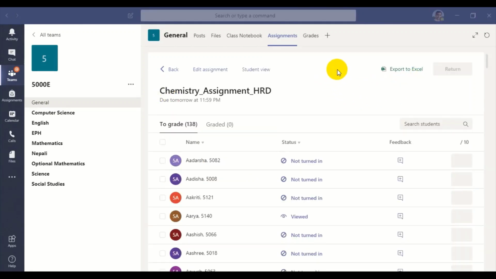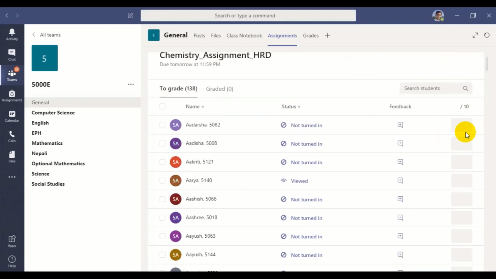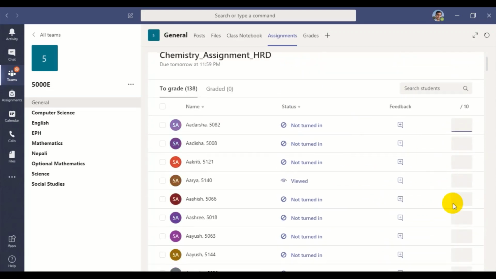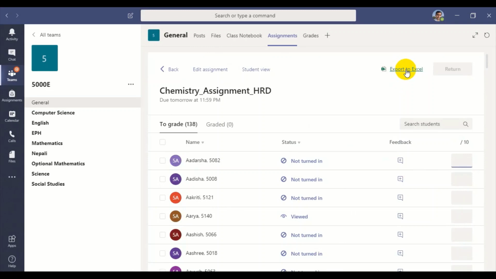After checking all this, again I would like to tell you something. For example, out of 10, how much the student has got, after turning in, you can place your score over there, provided that it is a subjective type of question. You have to evaluate yourself, and once you provide the score out of 10, you can export to Excel.